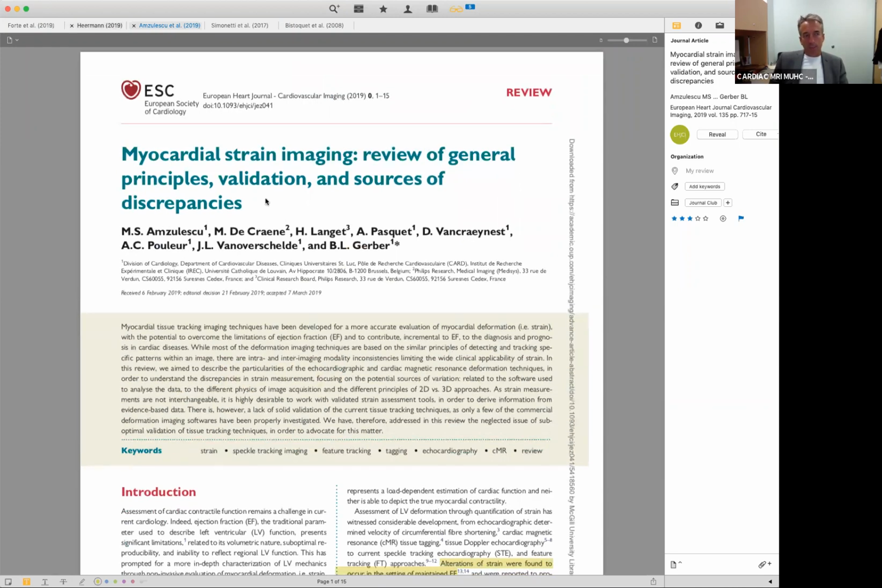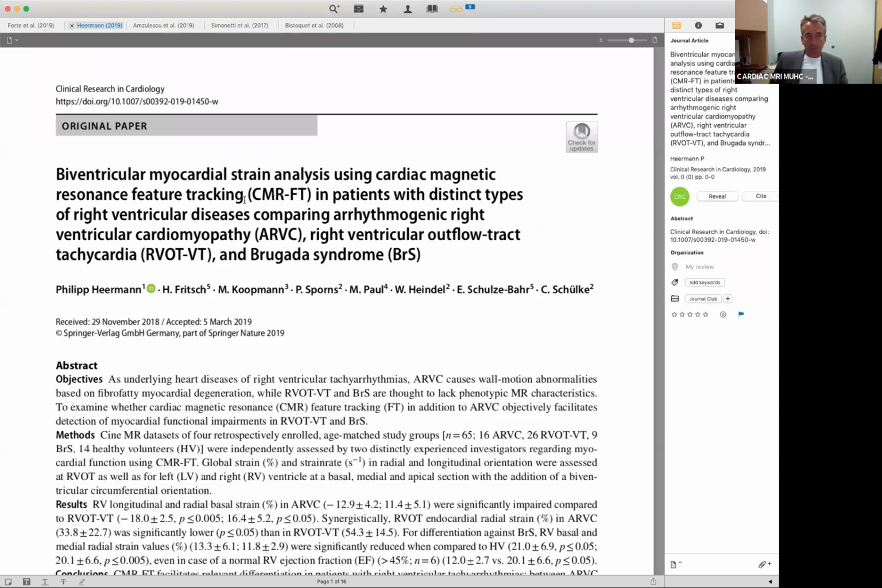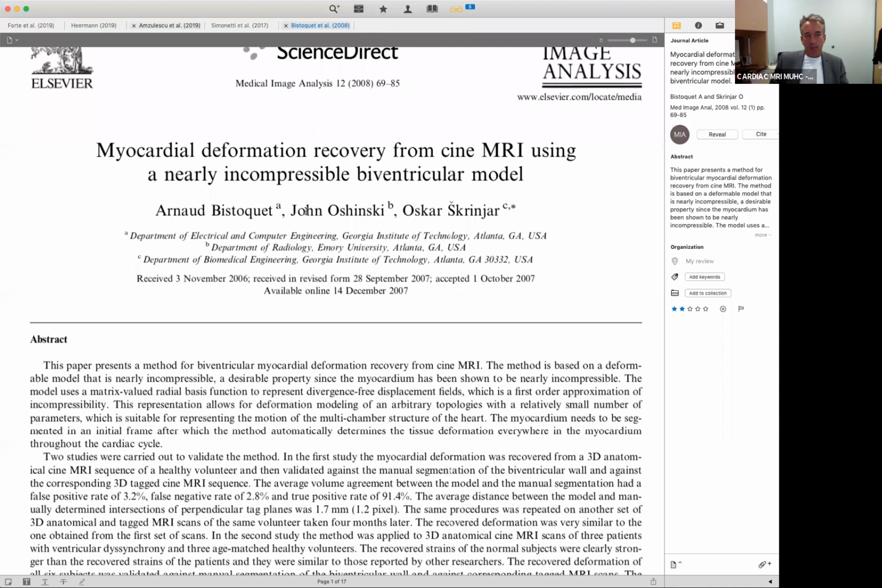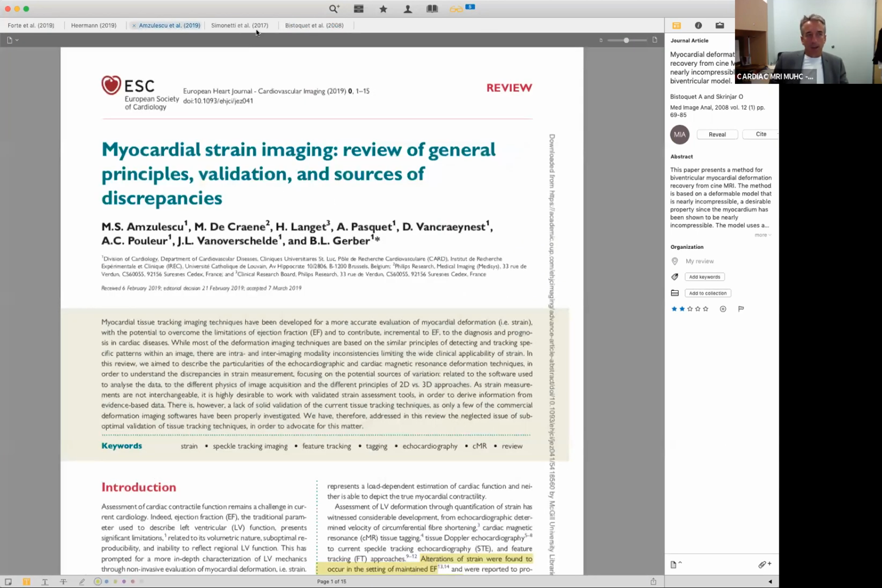And one of them was now published a few weeks ago in Clinical Research in Cardiology. And the paper is called Biventricular Myocardial Strain Analysis using CMR feature tracking. Although since it's the method that has been published by Vistoke and co-workers, it's actually not feature tracking because there are no features, and this is just basically deformation tracking, or the term was coined tissue tracking, because you actually look at the entire tissue as such and not at certain features. But anyhow,